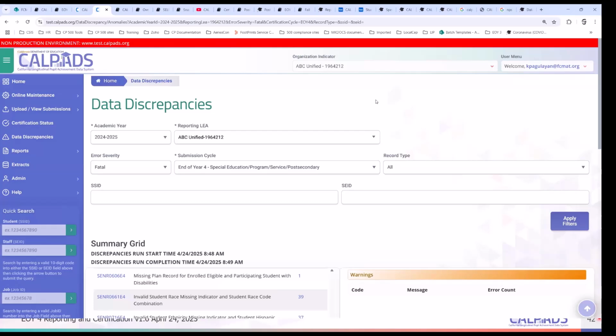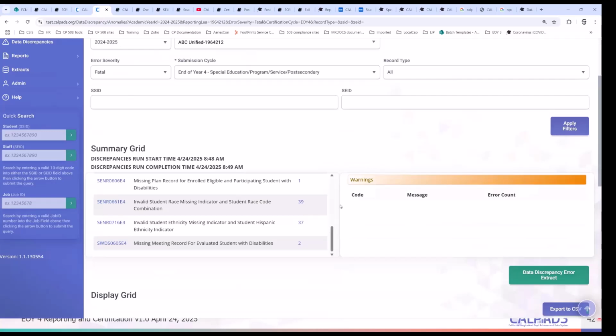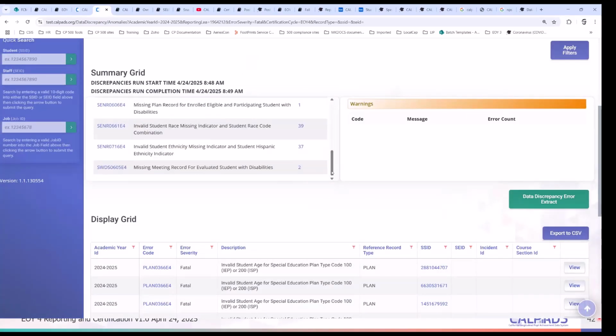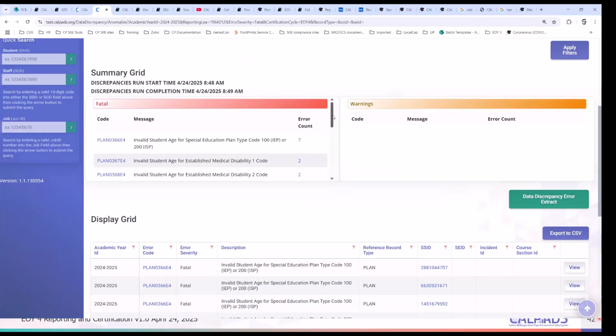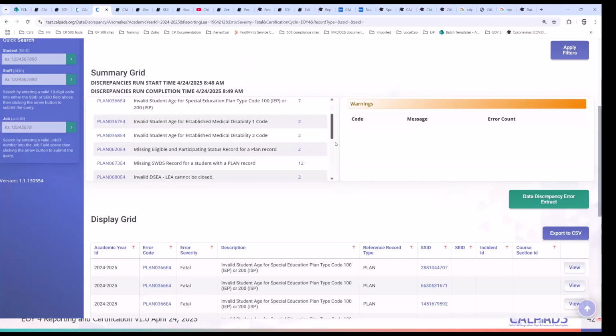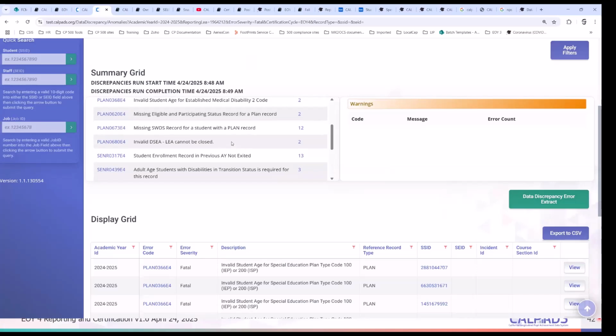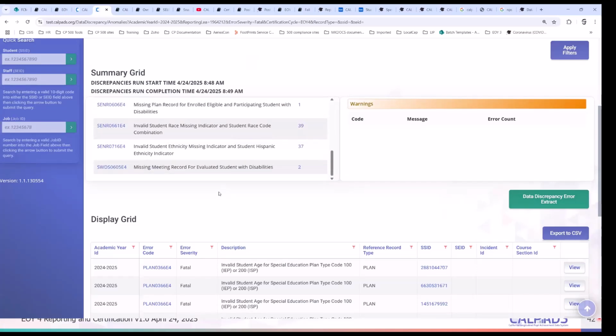You can do that by already looking at your data discrepancies. So go to data discrepancies, filter for end of year 4, and it will provide you the current data discrepancies that you have based on the current SPED data that you have in CalPADS, and PSTS data as well. And of course, enrollment data, right?